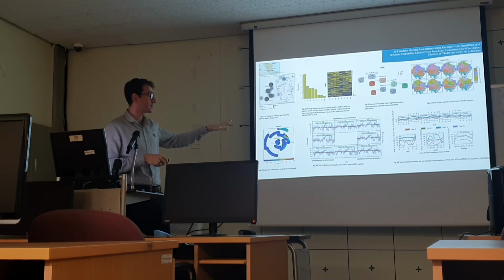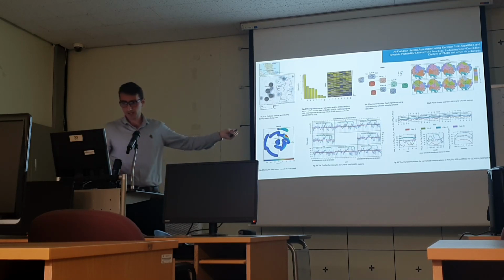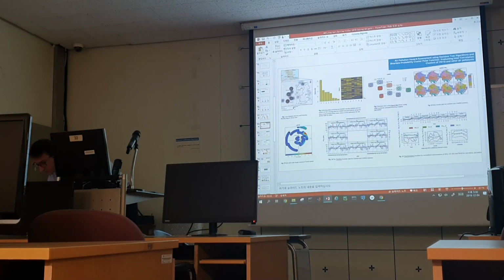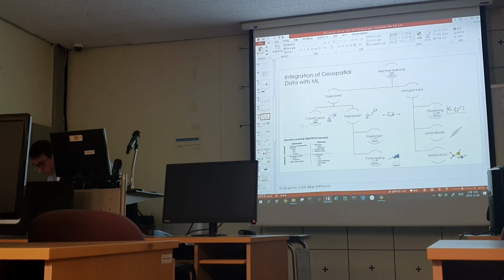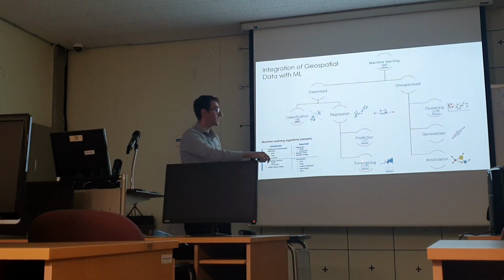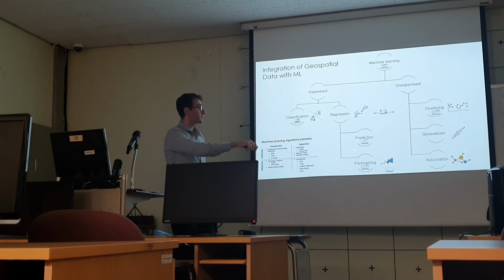This paper is also under review now. Actually we got 2 papers out of this research on machine learning with air pollution. One more is about forecasting. In forecasting, you see it's also supervised. That means we have our target, and it's regression, so it's numerical, and we have prediction and forecasting.